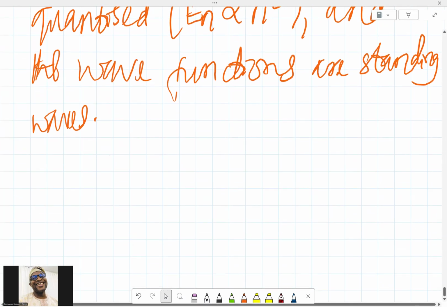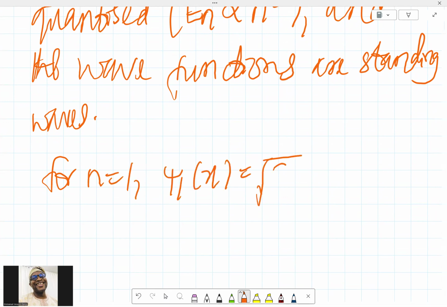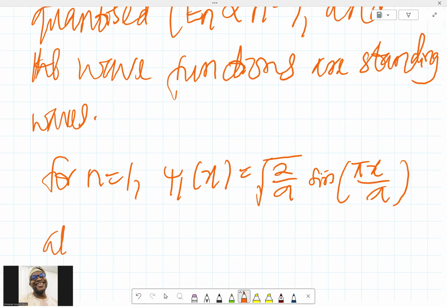So for n equals 1, psi 1 of x is the square root of 2 over a sine pi x over a, at x equals a over 2,